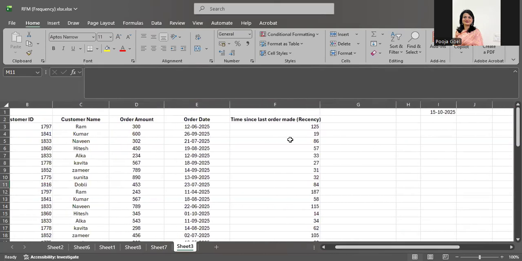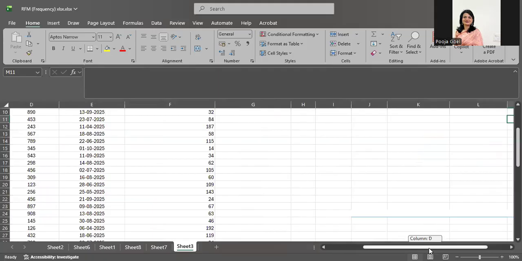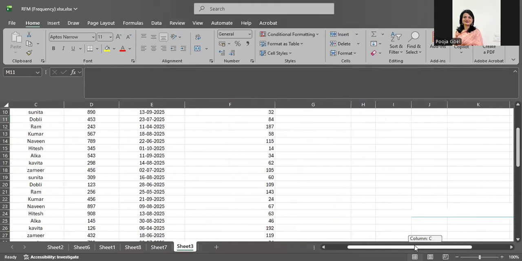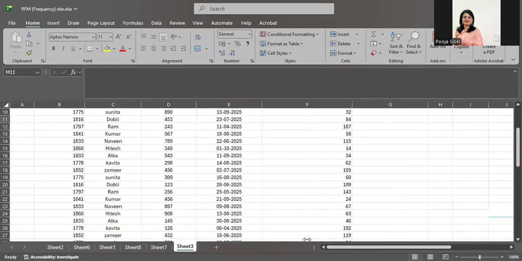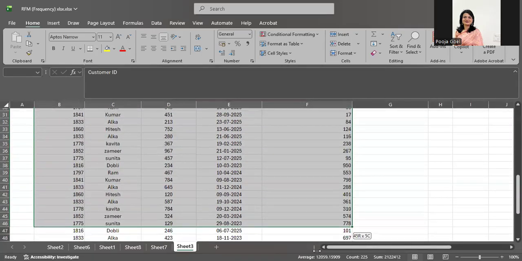You remember in the last video we calculated the recency data by deducting the date from which we want to compare, or it can be today's date as well. It's your wish, to the order date, and then again we will make the pivot table, and within the pivot table I will add one more column. So let's see how we do it. I'm doing it repeatedly just for more understanding.